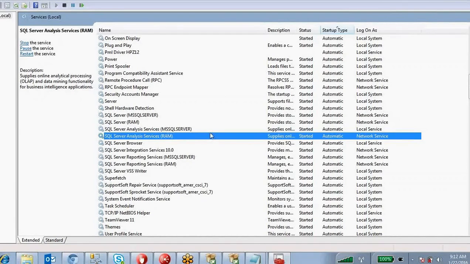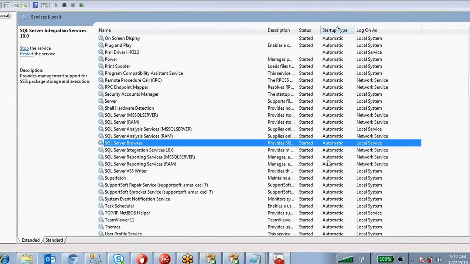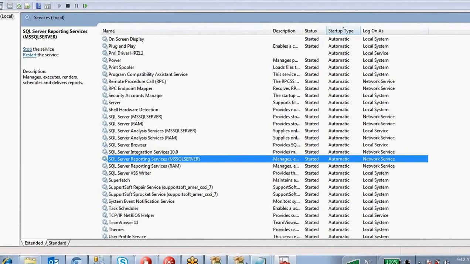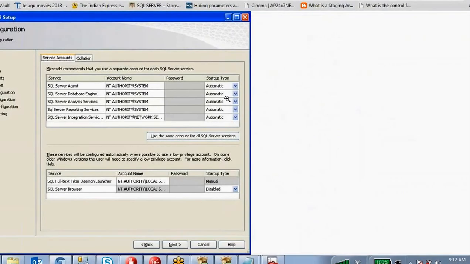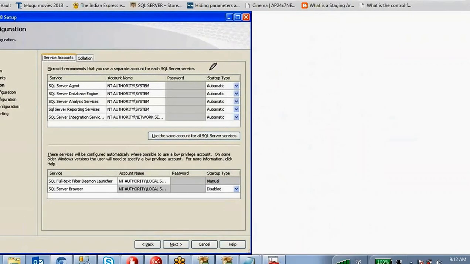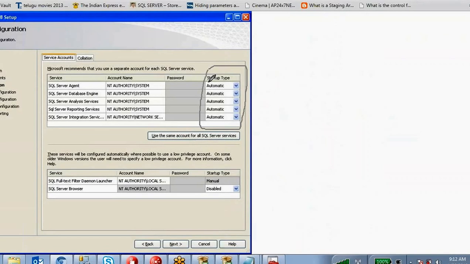Make sure after the installation whether these services are running or not. If you are making this automatic, then it will start automatically. You don't need to start manually, right?